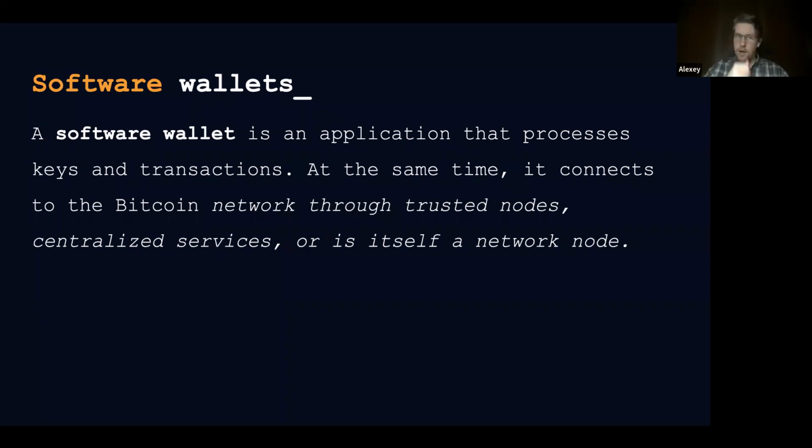itself a network node. For example, most mobile wallets cannot be fully fledged nodes because it would take a lot of computing power of your device, and you simply do not need to validate blocks on the go because your battery will drain quickly, and your phone will always be hot, and to validate one block you will probably need an eternity. That's why most mobile wallets have a pre-configured list of trusted nodes. This can be from the